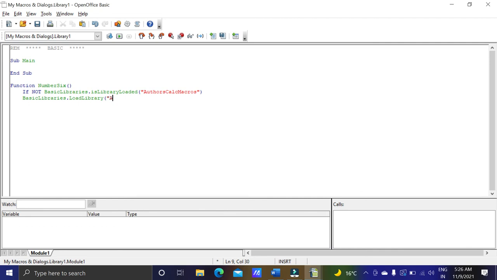If it is not getting loaded, then load this library, authors calc macros, that is the name of the file which I have saved it with.